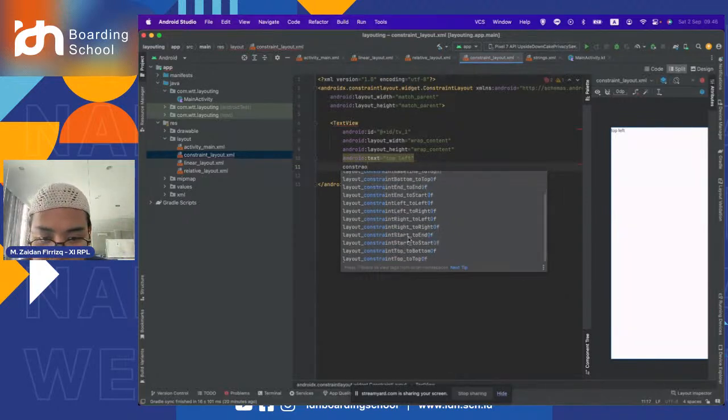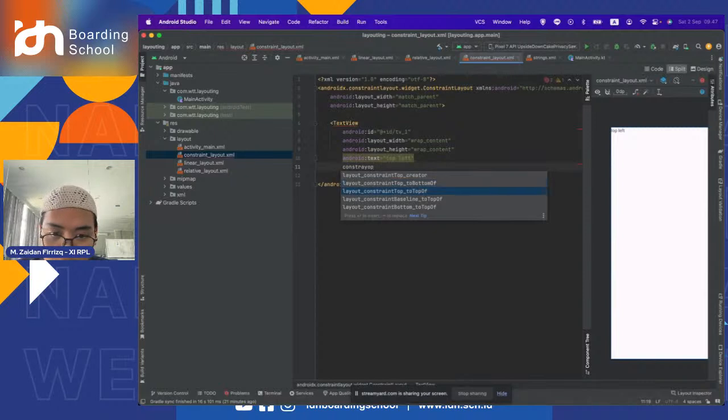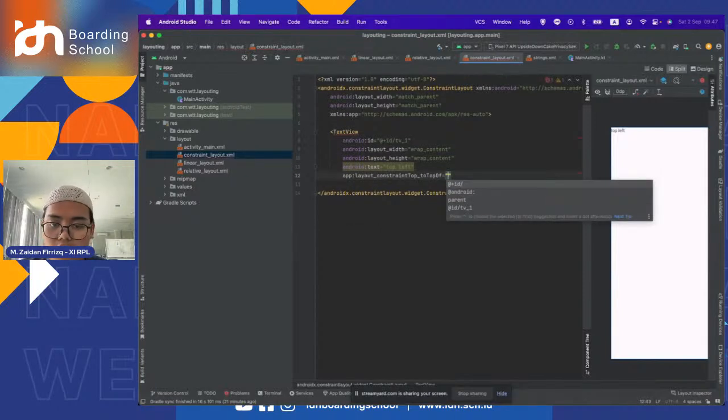As you can see, there's much type in here: bottom to bottom of, baseline to baseline of, baseline to bottom of. But the one we use here is top to top of. Yeah, we use top to top of